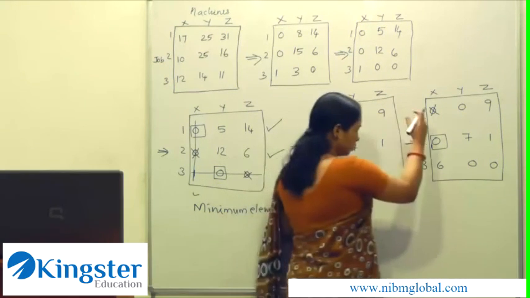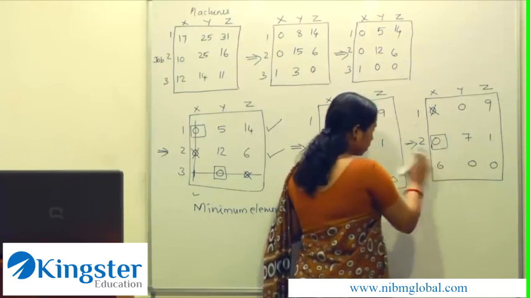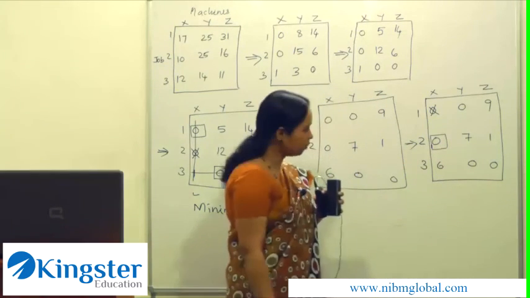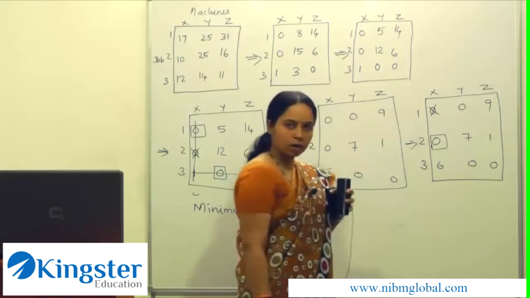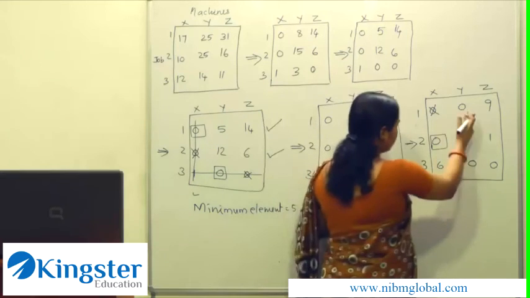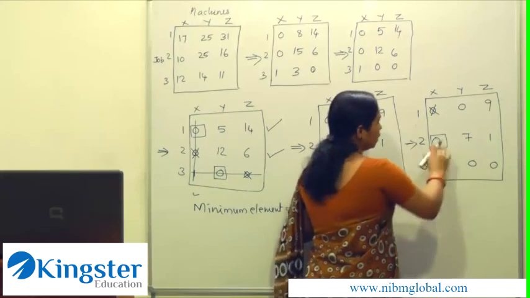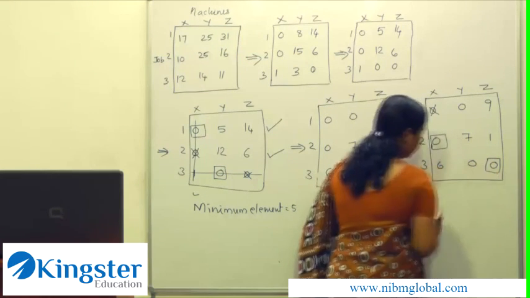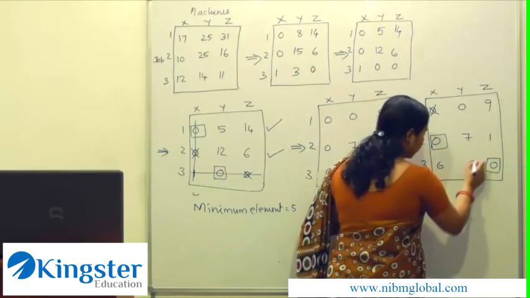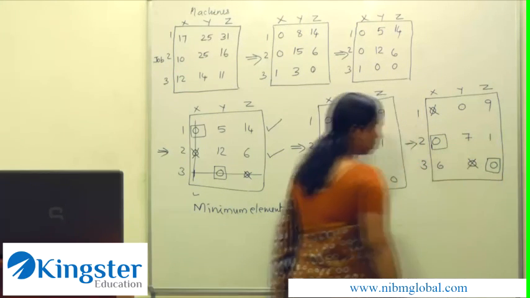Now let us do the same procedure column wise. Move to the first column. We have no zeros left in the first column. All the zeros are either crossed out or an assignment is made. Now move to the next column. Here we have 2 zeros. So don't touch it. Move to the third column. We have a single 0. So an assignment is made. Now while giving an assignment here, we should cross out this one. So this column operation is also over.